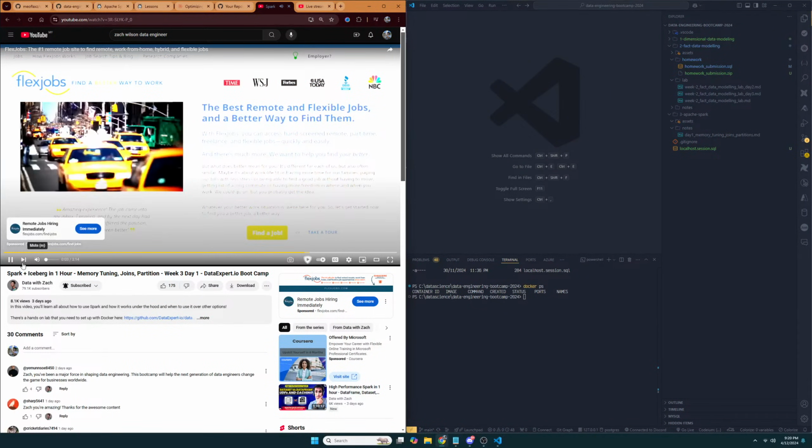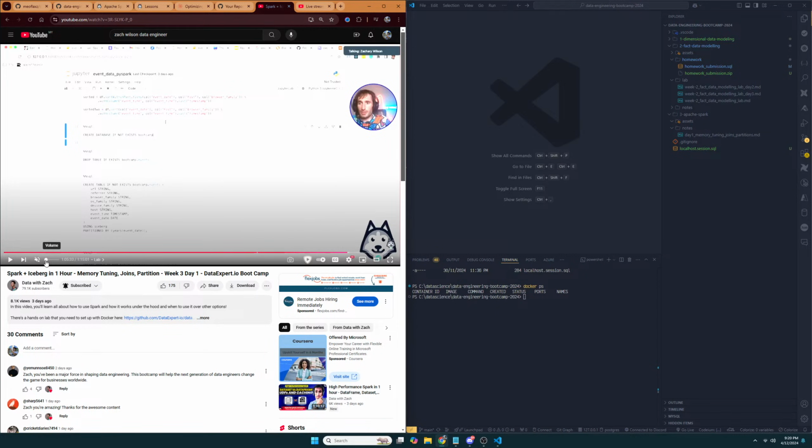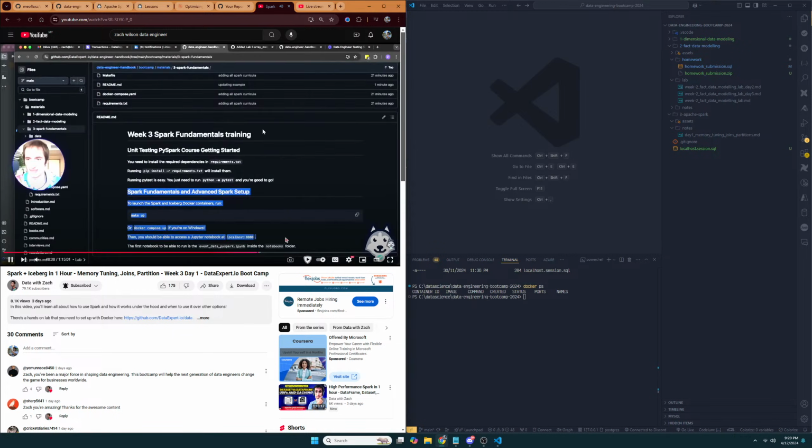site. But we're going to try to run these other kind of boot camp SQL and advanced Spark setup. So there's two options here. You can either